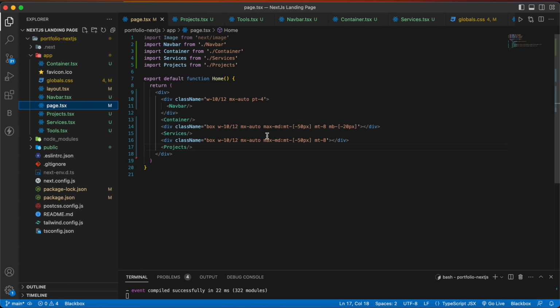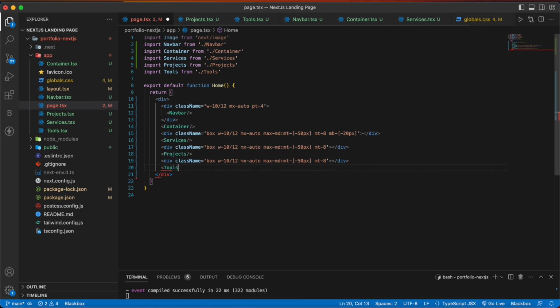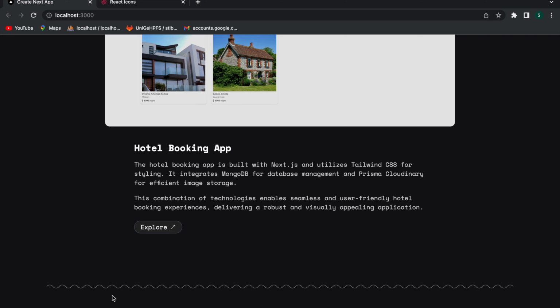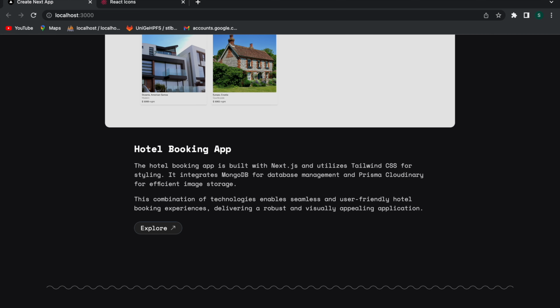After that, go back to the page.tsx, copy this, paste it here, and then import our tool, save, and you can see our curvy line here, and then we have our tool section here.